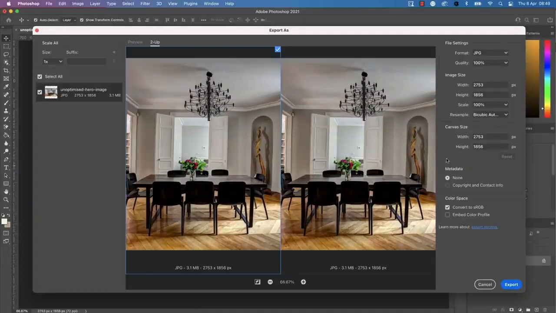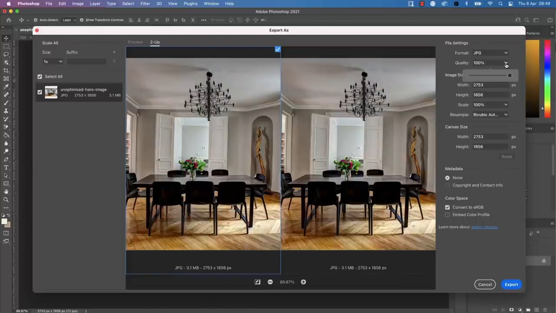In the top right-hand corner, the first option we have is Format. Here we can switch the image type if required. We'll leave this as JPEG as it's the best option for a photo. Next we have Quality. Here we can adjust the quality of the image to reduce the file size down. Photoshop does a great job at maintaining a very high image quality, so don't be afraid to experiment with the